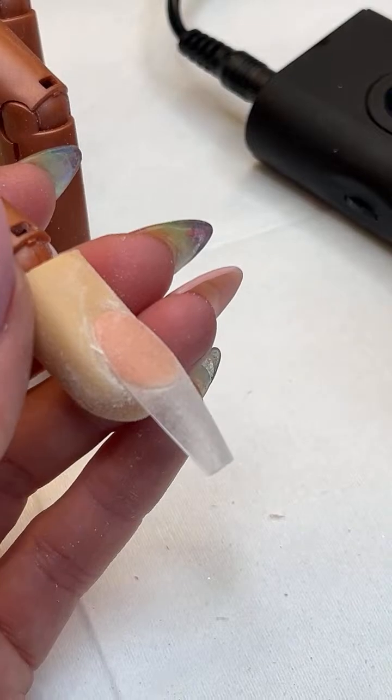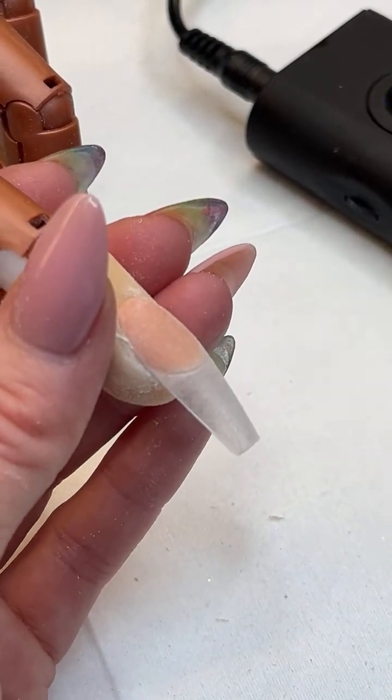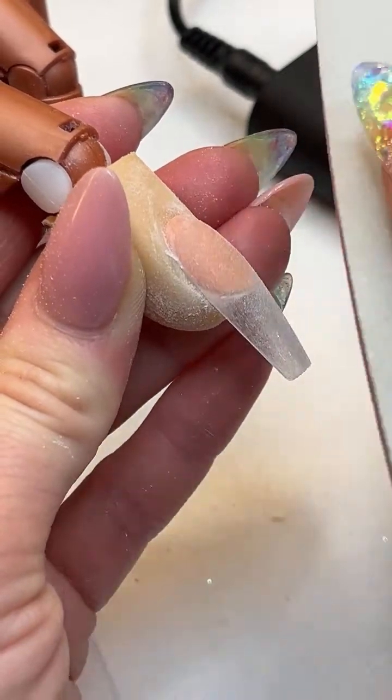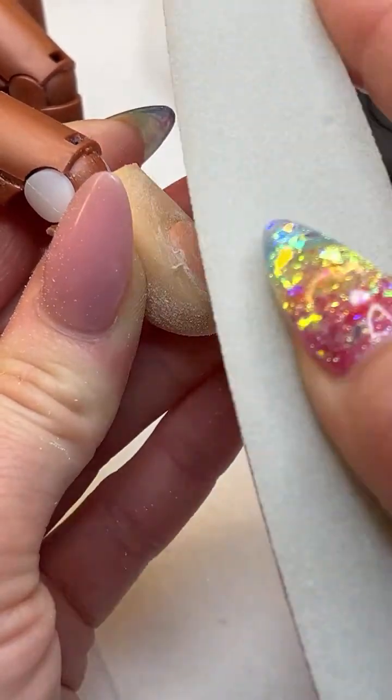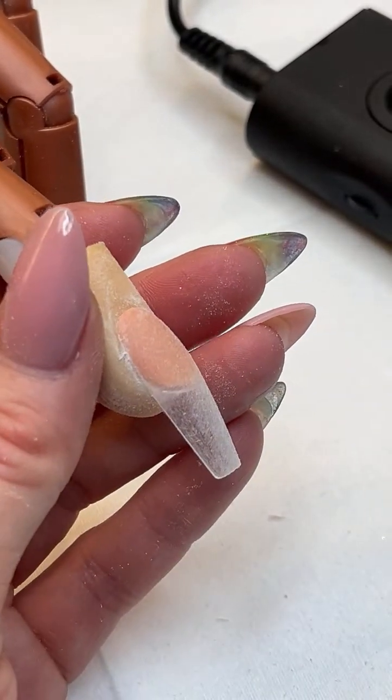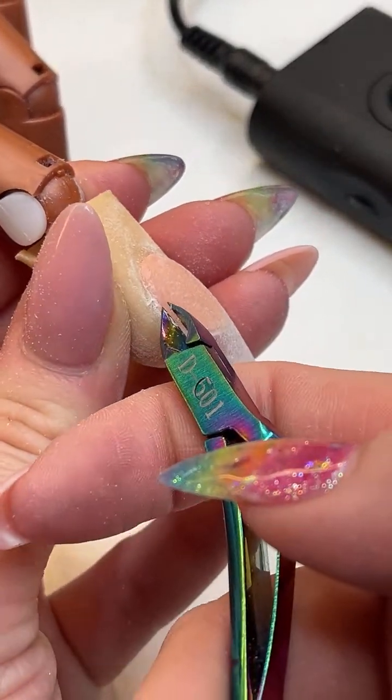And let me turn my e-file off here. All right, so again, you guys kind of see there's that little hanging piece. I'm just going to come around the edge and we'll take care of that. Actually, you know what? To me, that actually looks like it might be a